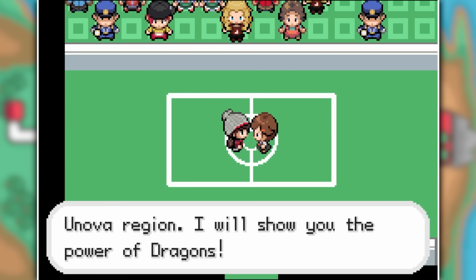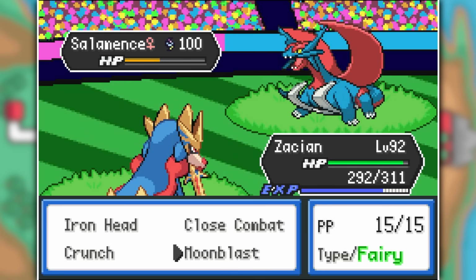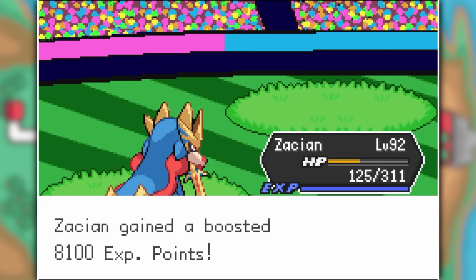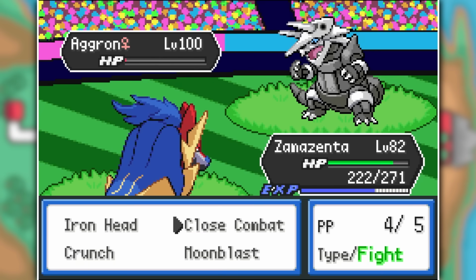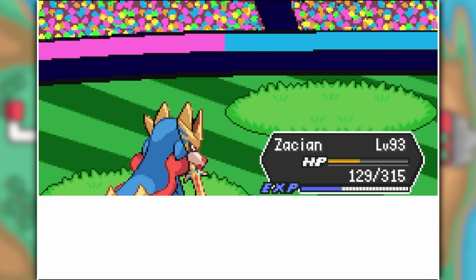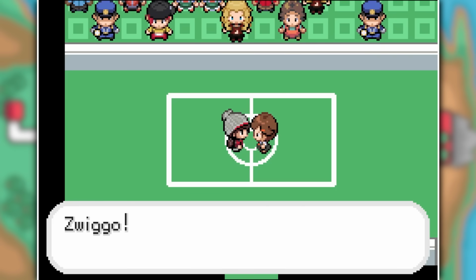Then we face our final opponent, the champion of the Unova region, Iris. She obviously specializes in dragon types, and when you have a fairy type legendary with a +1 attack boost on your side, she gets incredibly easy. And if there's something he couldn't handle, his brother Zamazenta would do the trick too. Once Iris bites the dust, we have officially defeated the World Tournament and crossed off yet another challenge of our